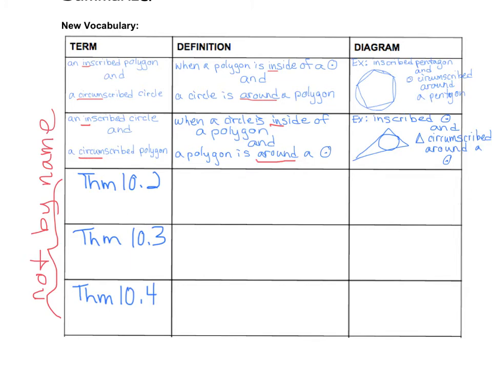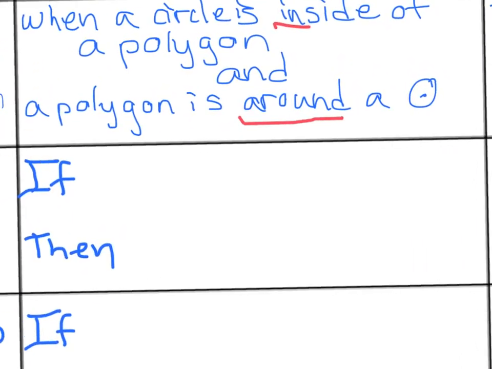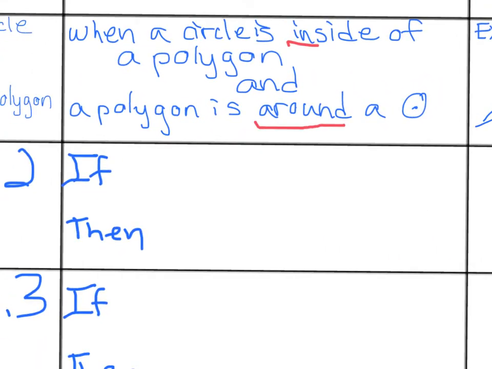So anytime we're having a theorem, remember we've got an if part and a then part. It's an if-then conditional statement. So we can go ahead and write that in each box, and we'll fill in as we go here. For Theorem 10.2, the if part is when we start with two chords. And remember, a chord is a segment that joins two points on the circle, from the last vocab video we had. If two chords are